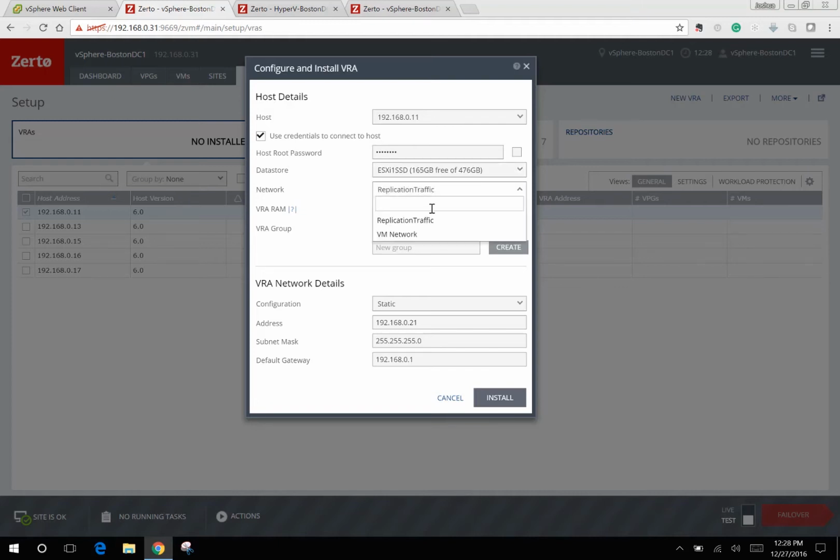Then we specify a port group for the replication traffic, which we recommend be a dedicated port group if you're protecting 30 plus VMs. Then you specify the RAM for the appliance. 1 to 4 gig of RAM for this appliance is enough for 95% of environments. If you've got an extremely high I/O write rate, then you can bump this all the way up to 16